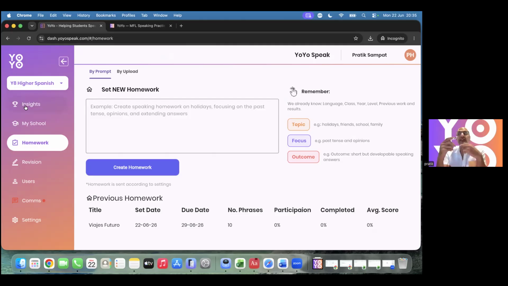The phrase generation engine has access to all the high frequency words and will use all the high frequency words in a structured, repetitive manner, depending on the phrases that you're asking it to create. For Year 7 to 9, we haven't focused too much on AQA versus EdXL because they're very, very similar. For year 10 and 11, when you set the school up, you tell YoYo if you're AQA or EdXL.